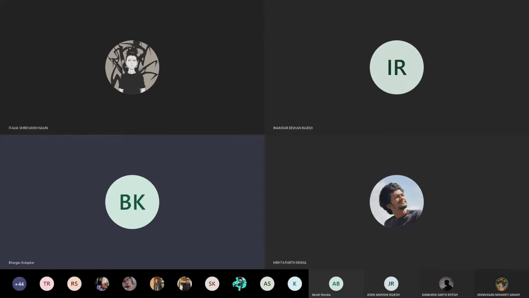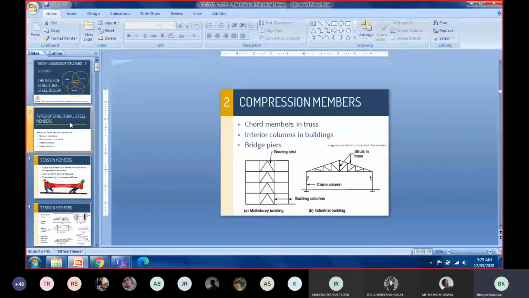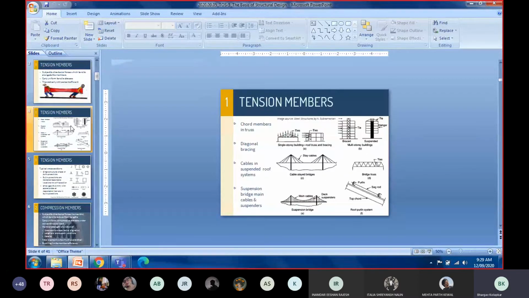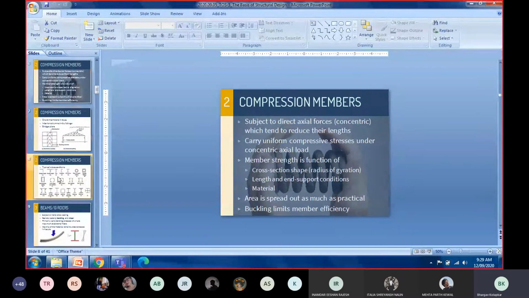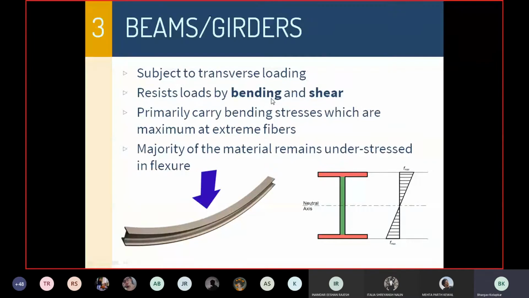So we moved on from steel as a material to steel as a member. Therein, we studied what is a tension member, various types of tension members, what is a compression member, and various types of compression members. Now we are going to get to the third type of members, which are called